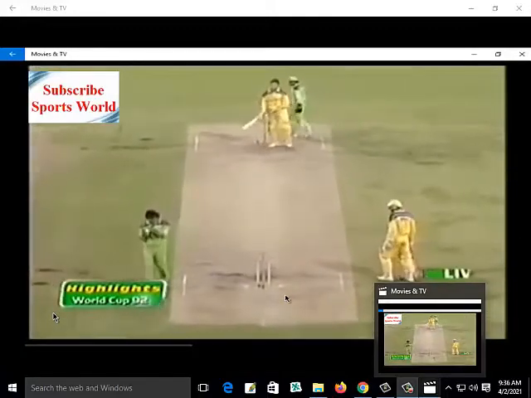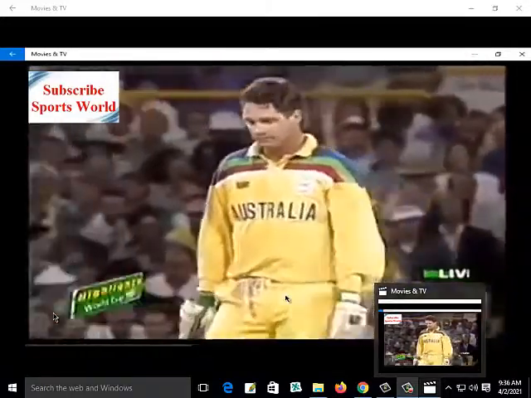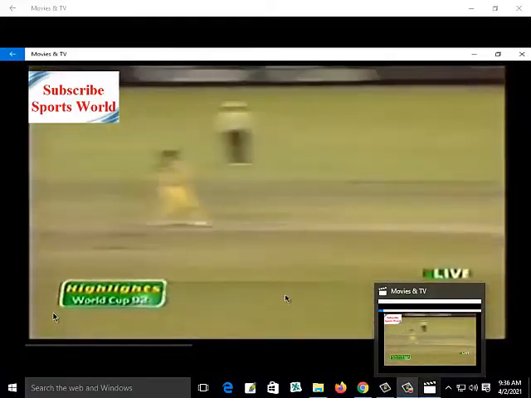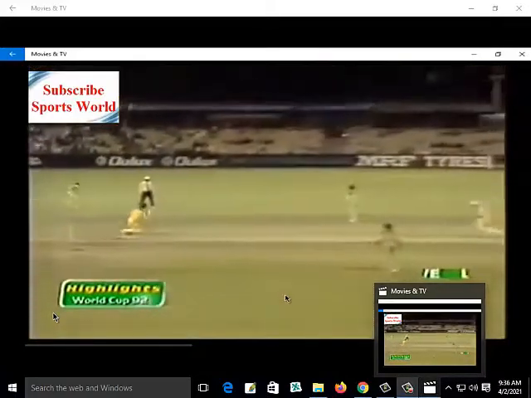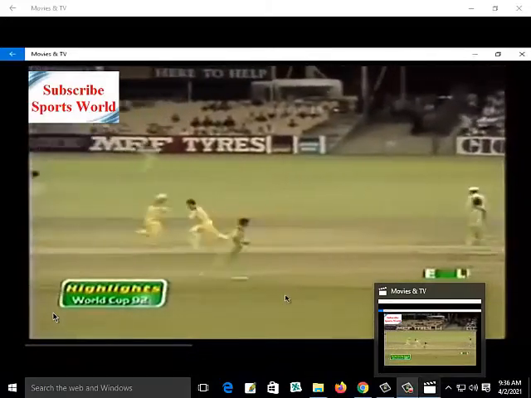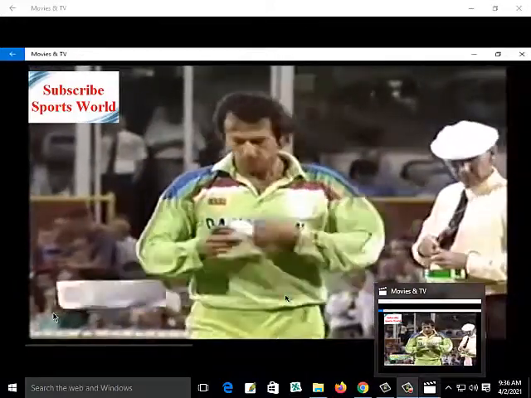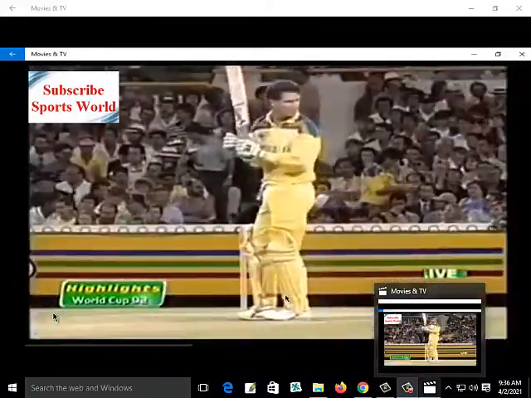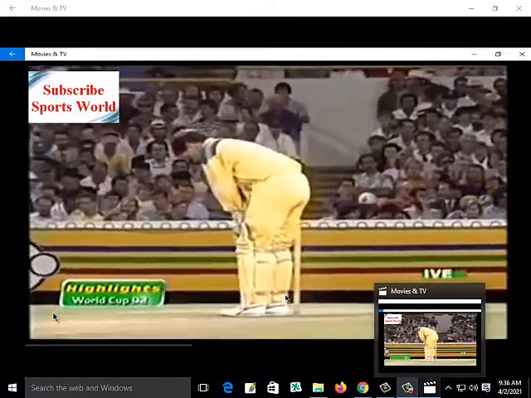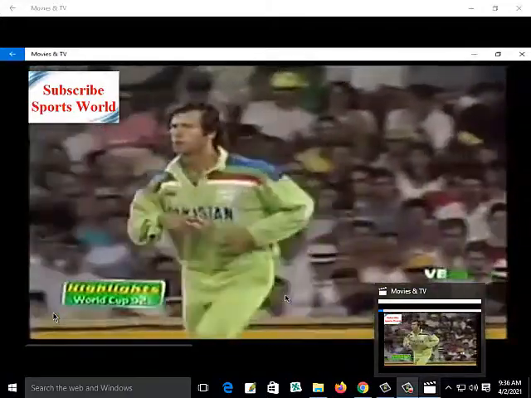Yes, he can't sit on them for too long, Dean Jones. It's one of these players who wants to attack at all times. Just a fraction short there from Imran. Just got a bit of bottom hand to that and hooked it forward of square leg. Magnificent athlete, Imran Khan. Faced him at his peak many years ago and he was very, very fast. He's heading for 40 years of age. He's still not too bad, is he?